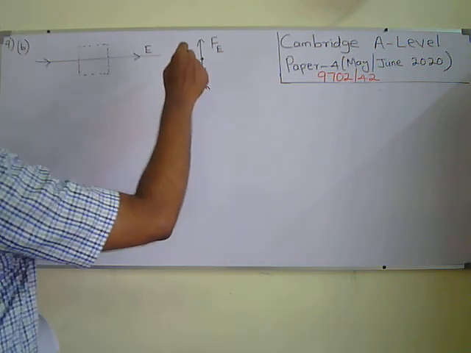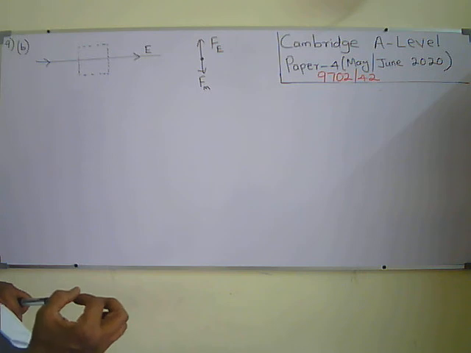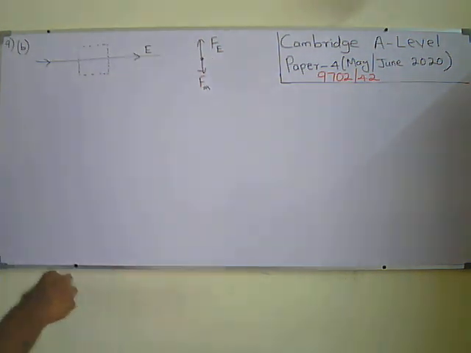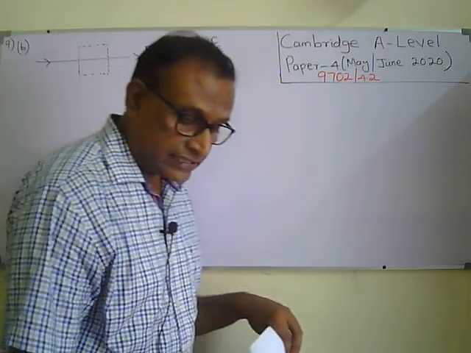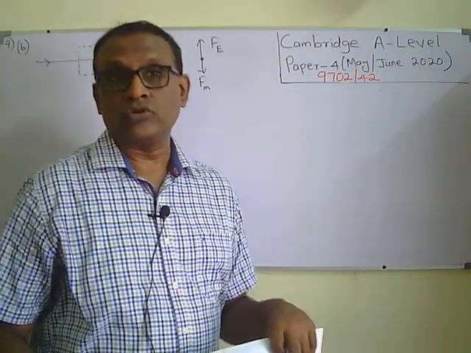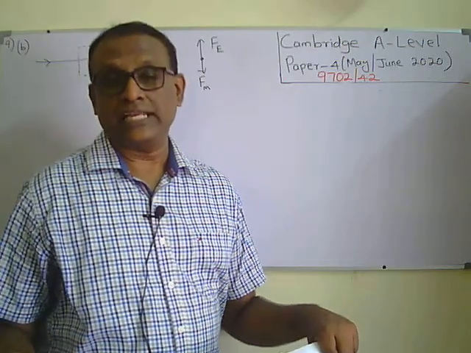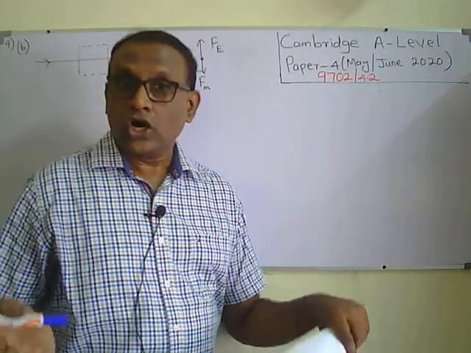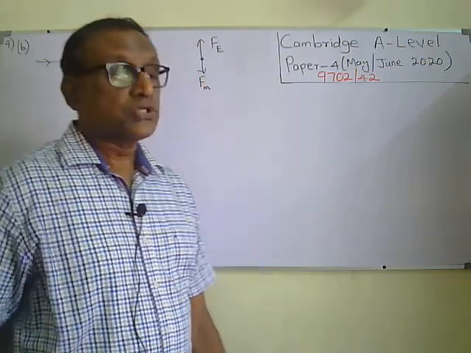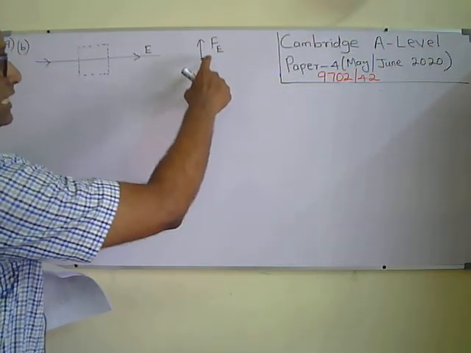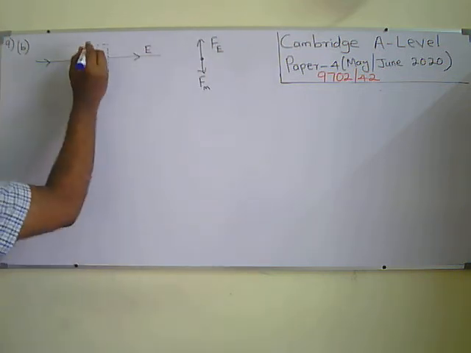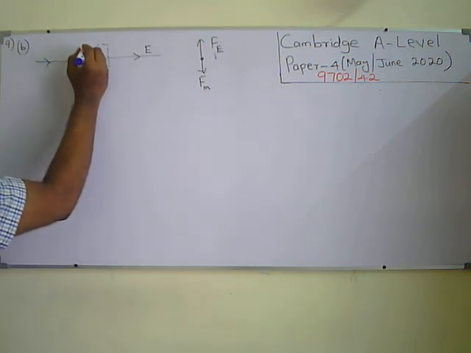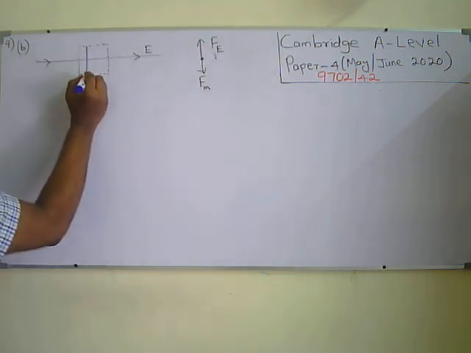So it's a negatively charged particle. Electron is a negatively charged particle. It should experience electrostatic force upwards, means, negatively charged particles always experience electrostatic force opposite to the direction of field lines. Positively charged particles experience electrostatic force along the direction of field lines. So the electron is experiencing electrostatic force upward, means the electric field should be opposite to the electrostatic force on the negatively charged electron. So the electric field should be downwards.